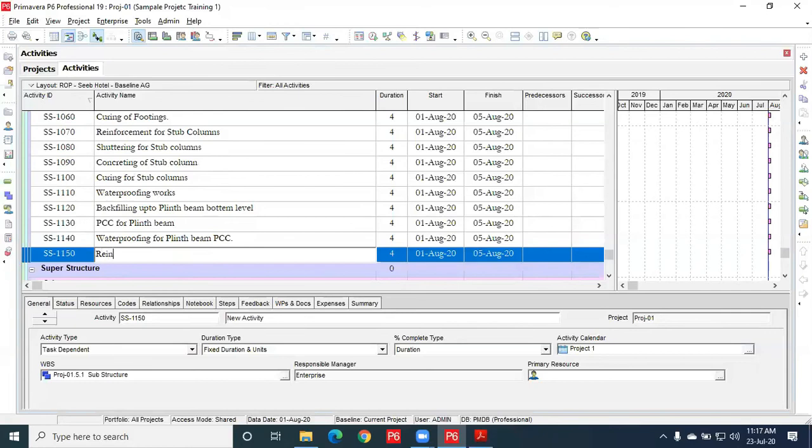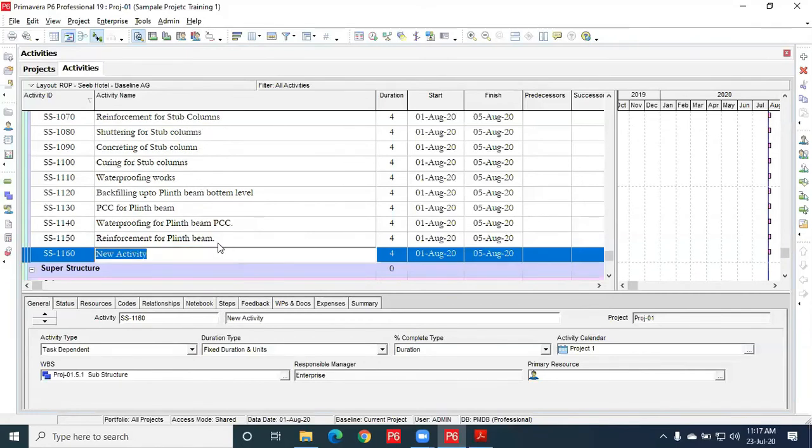Then reinforcement for plinth beam. Then shuttering for plinth beam.